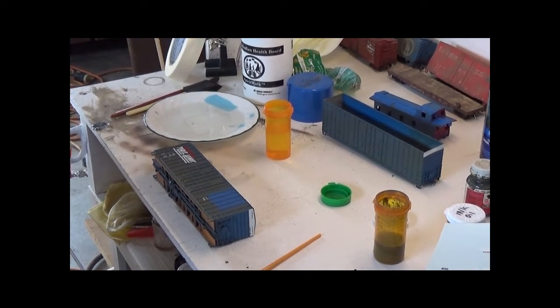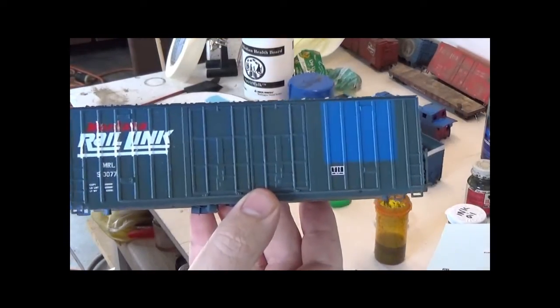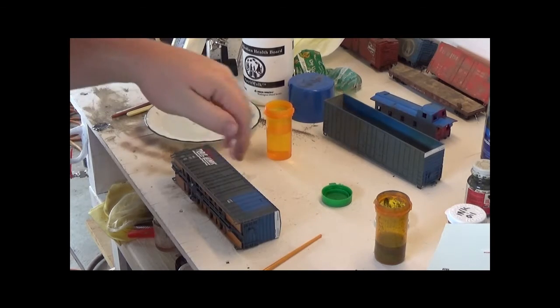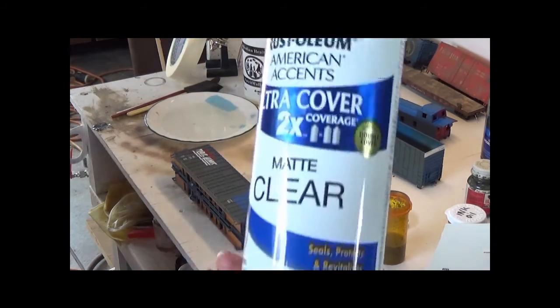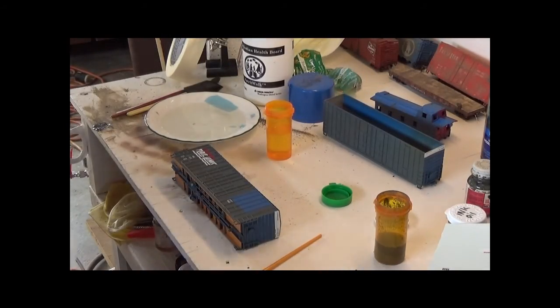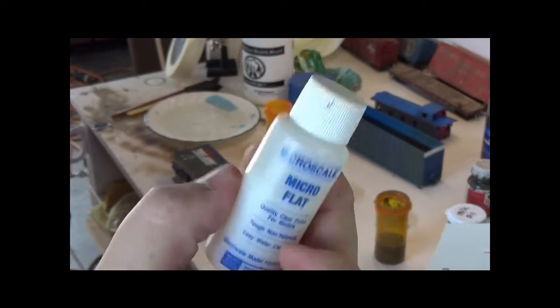Okay, so I have some of the decals on there now. You can see it has the main rail link decal on there. And laying decals over ribs is pretty difficult. And I do have some clear here, clear flat matte. You might want to use this kind of stuff to spray over your decals, and also I use micro scale, micro flat to